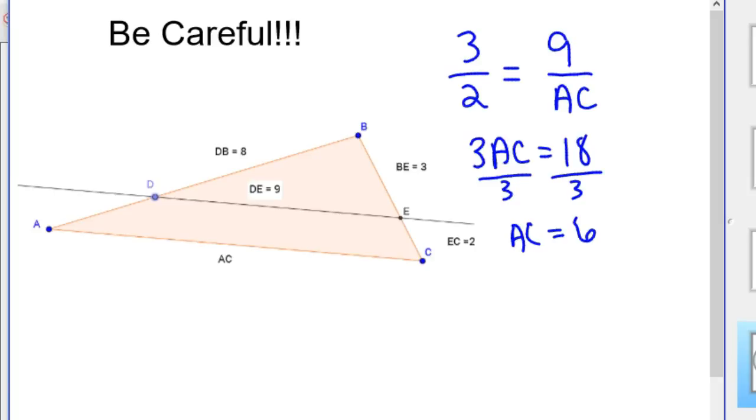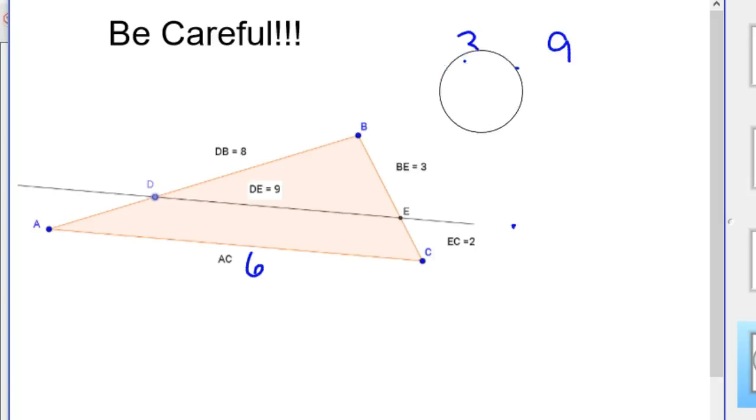Well, if you look at that, AC being 6 doesn't make any sense at all in this image. It should be bigger than DE. So we've got a problem, a real serious one. So this doesn't work. So what we're going to have to do instead is split the triangles up into similar